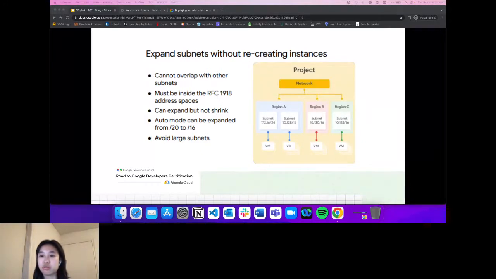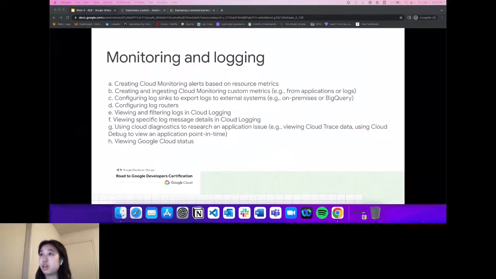Alternatively, you could also convert the auto mode subnetwork to a custom mode subnetwork to increase the IP range further, but also just avoid large subnets in general. And last but not least, we have monitoring and logging, which is, I would say, one of the most